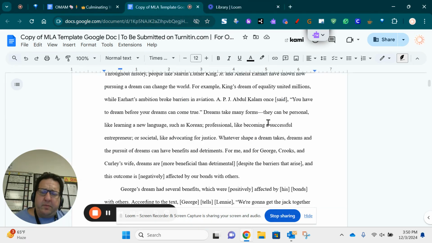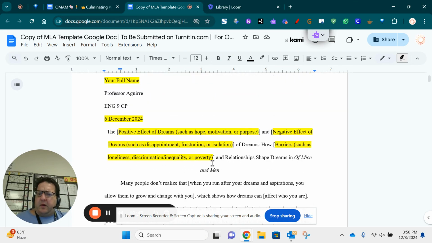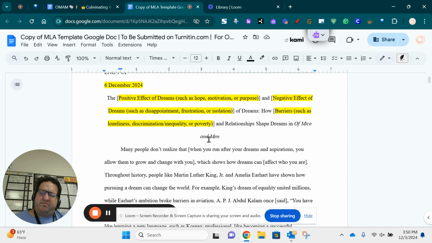All right, I got all the pieces in there. It took me about 10 minutes, which is also why I'm giving you time to do this in class, because it does take a little bit of time. All right, so the next part of what I'm going to do might mess this part up, but don't worry. You probably do actually want to do the title first, but you know what?